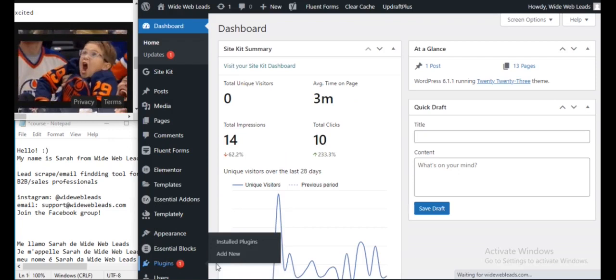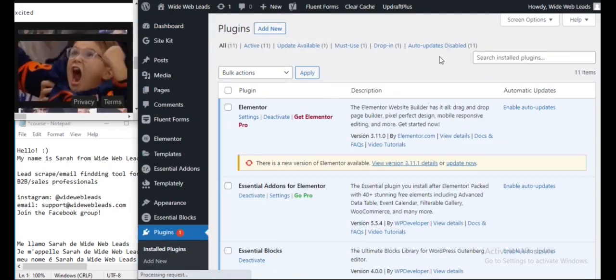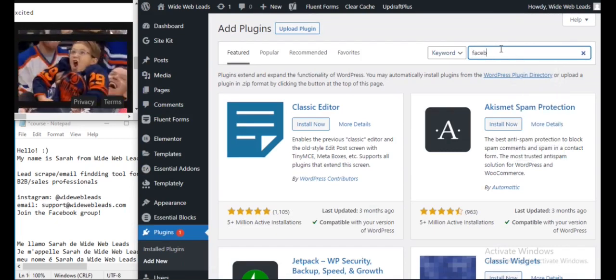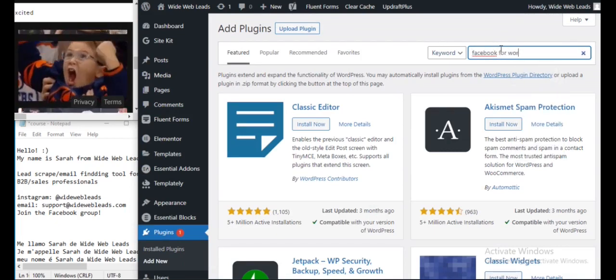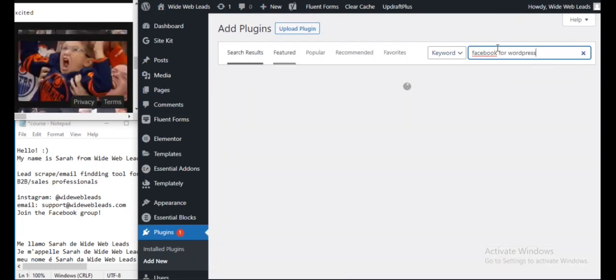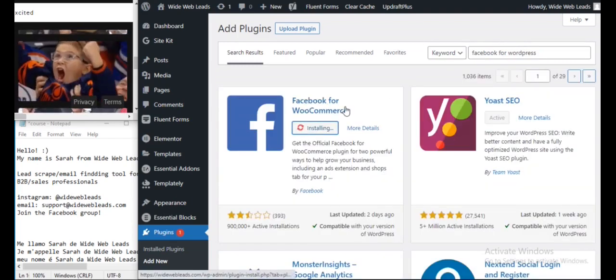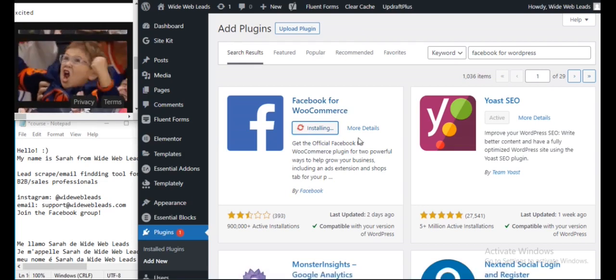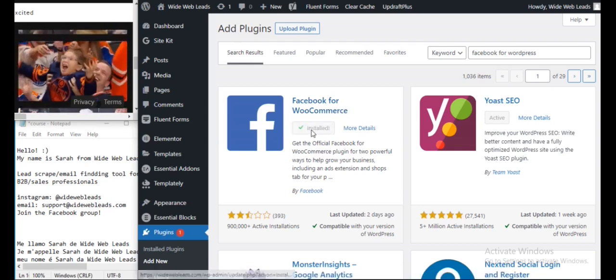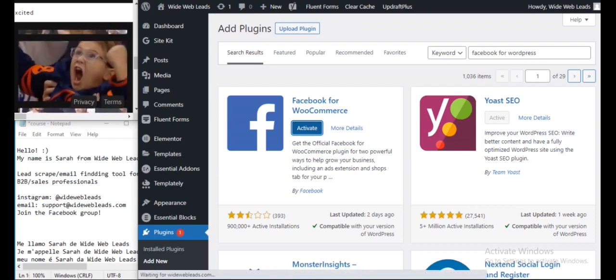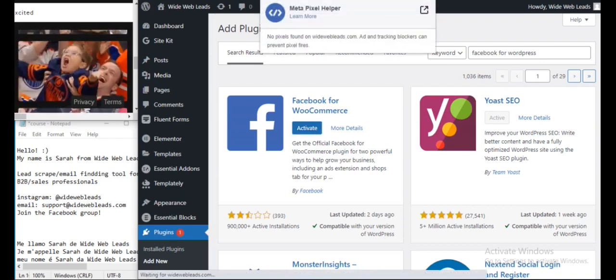And then go to plugins, add new, Facebook for WordPress, install now. Activate. By the way, this is the Facebook Pixel Helper, this thing right here.